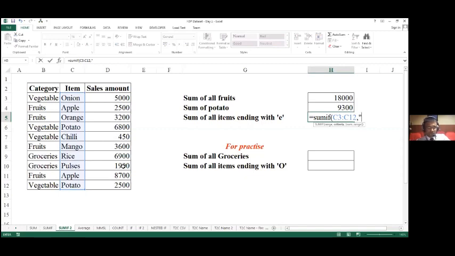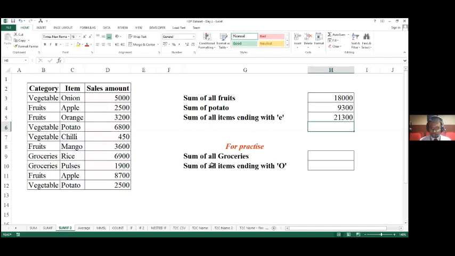But Excel is all about making life easy. It is not about complicating our task, it is about making our task a lot easier. So I'm not going to sit and type all that. Instead, I'm going to use the asterisk symbol, asterisk and then the letter E, since I'm looking for items ending with the letter E. Close the quote, comma. Now I have to define my summation range. To find the sales amount, Excel will have to look into this range. Close, and then press enter.